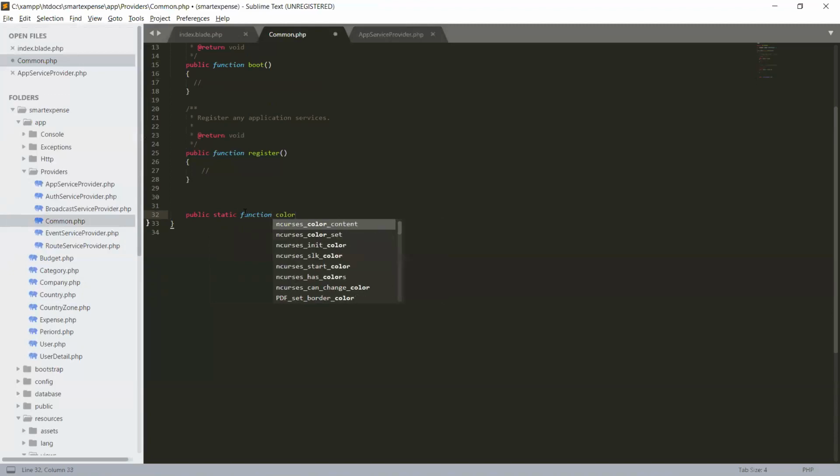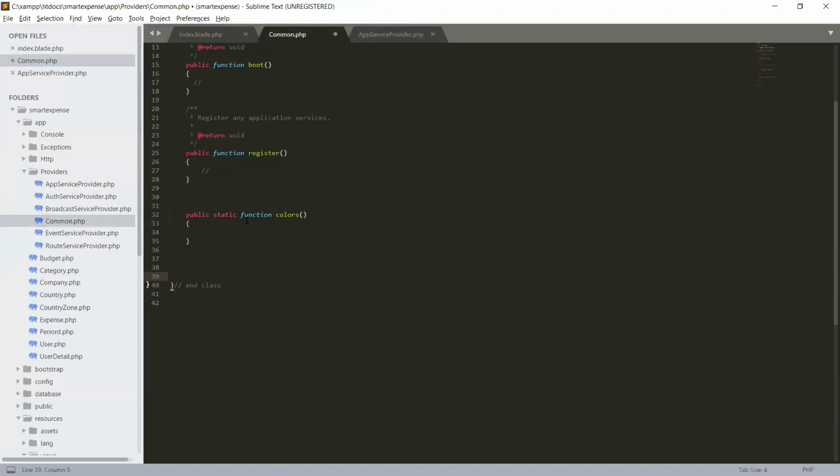color, and class. So static, we have defined our function static because without instantiating or creating an instance of that class, we can use it everywhere throughout our application.